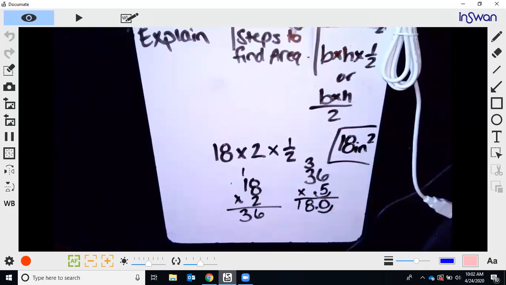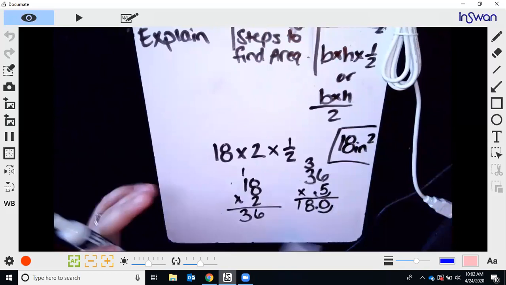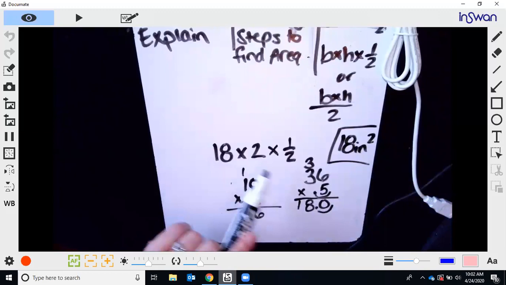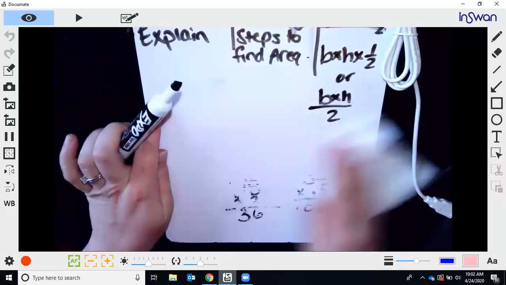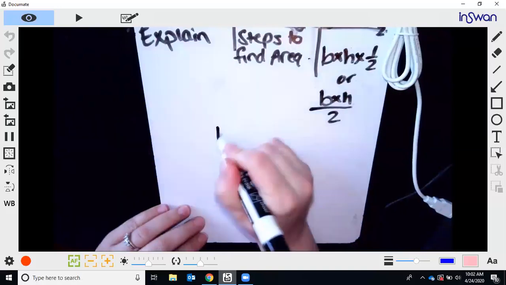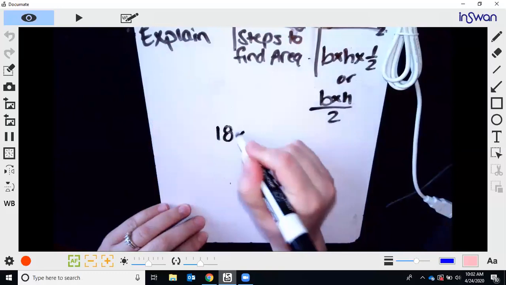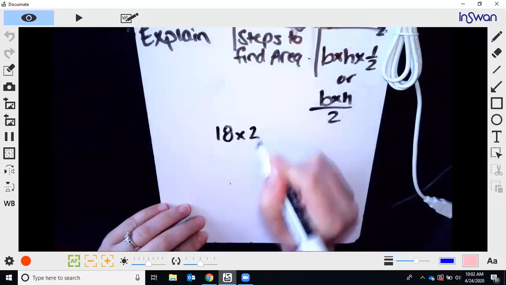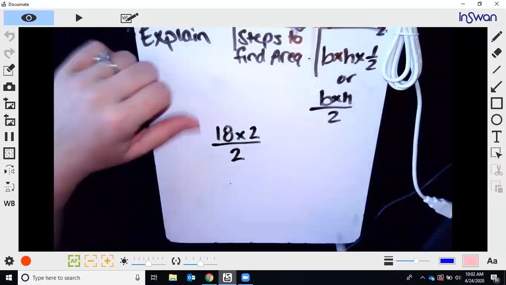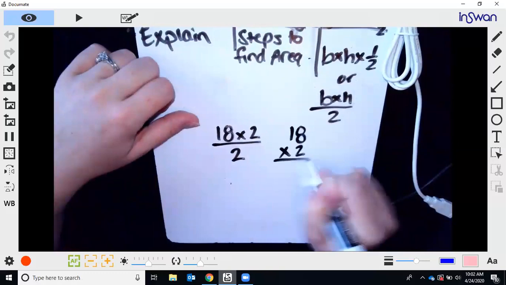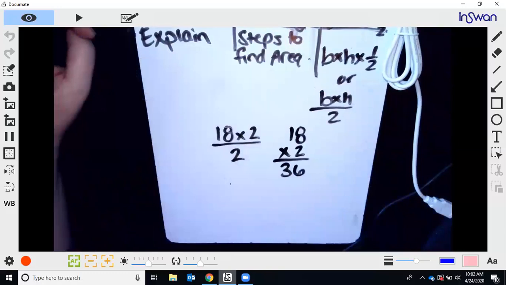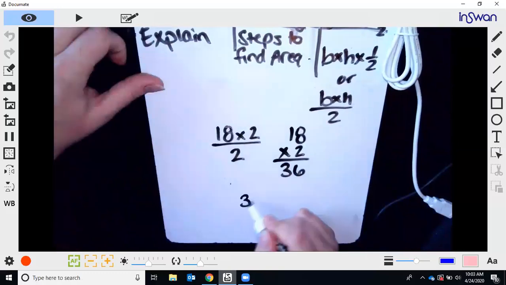There's another way you can do this. So if you like that way, you can keep doing it by that. You can keep doing the base times the height and multiplying it by 1/2. Or a little bit easier, in my opinion, you do base times height divided by 2. So when I do 18 times 2, we got 36. And if I'm going to do 36 divided by 2,